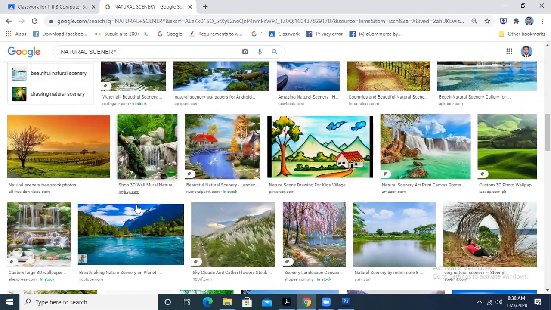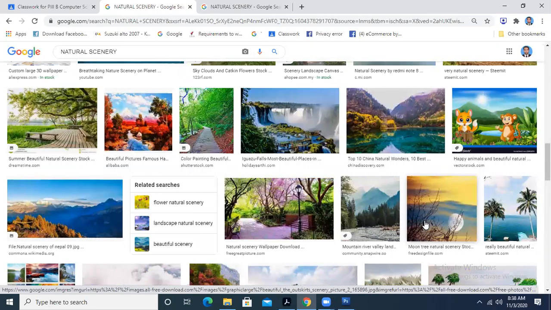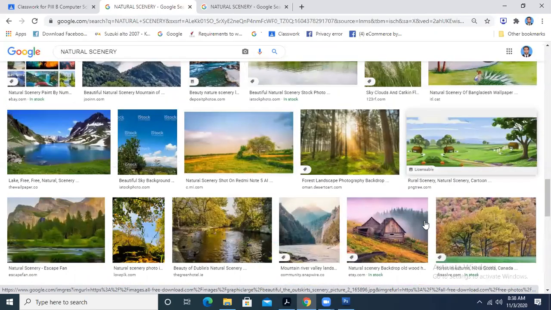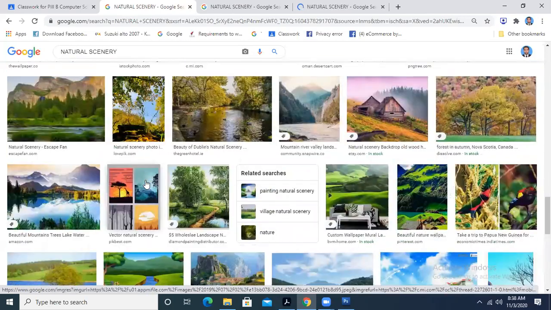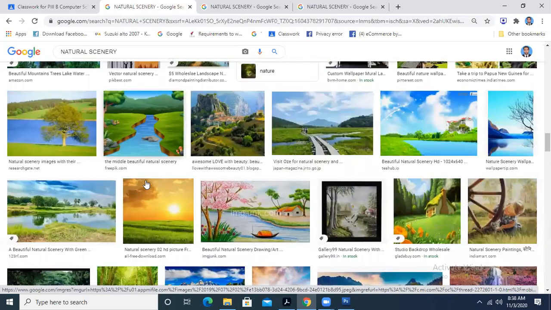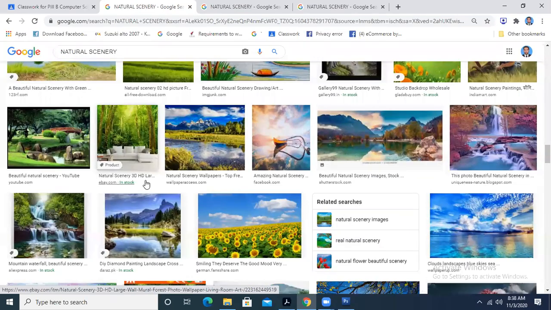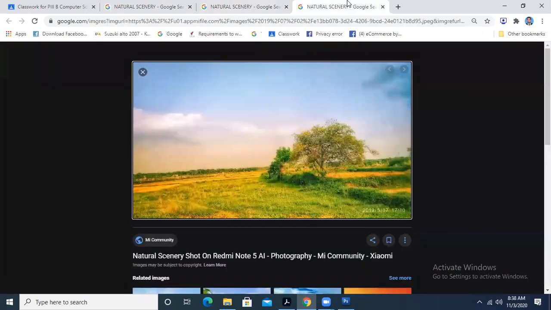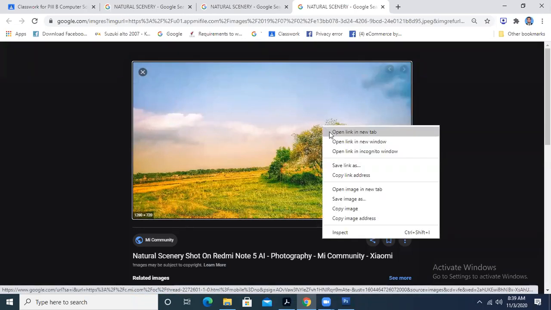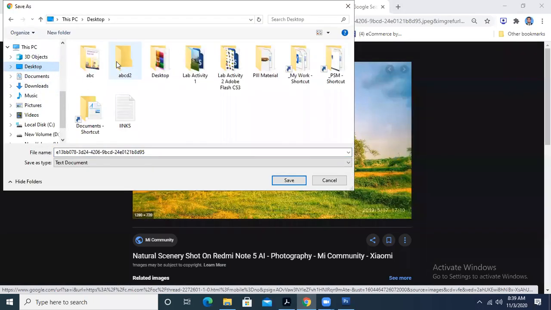Okay. So what I can do, I can take this image or any other good image where I feel that I can easily place the trees. Okay, because we have to find out the trees as well. Because they said that the image should be landscape. So I have taken those images where there is no particular tree right now. One tree is there, but we will insert some more trees in it. Okay, fine. We take this image and I save it on my desktop.